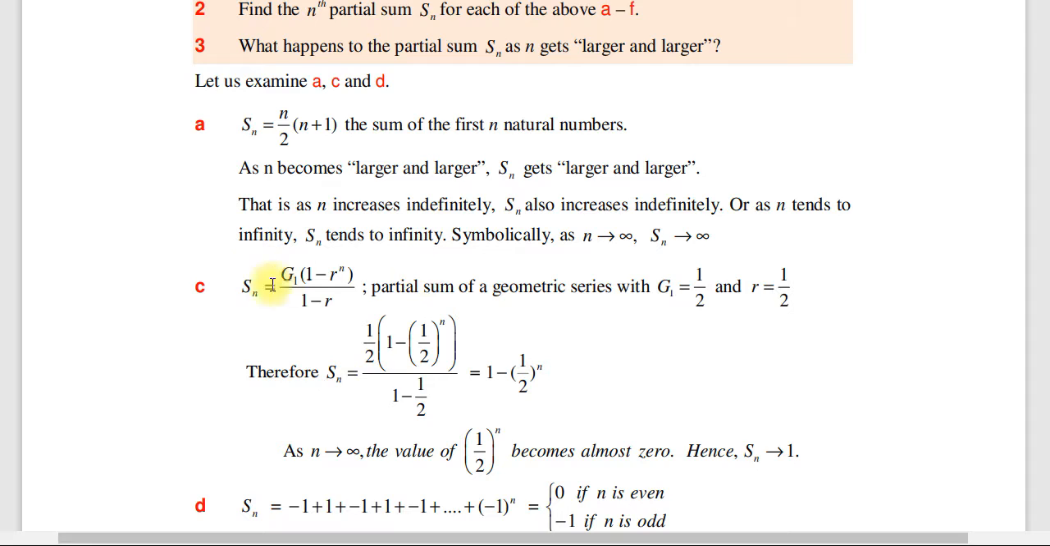And እዚህ ጋር ደግሞ Sn is equal to g1 into 1 minus r to the power of n over 1 minus r ቢሆን ይሄ ደግሞ ጂኦሜትሪክ ቢሆን ይሄኛው አርትሜቲክ ነው። Partial sum of the geometric sequence: g1 is equal to 1 over 2 and r is equal to 1 over 2 ቢሆን, therefore Sn is equal to 1 over 2 into 1 minus 1 over 2 to the power of n over 1 minus 1 over 2 ነው። ፋይናሊ ስንት ይመጣል? 1 minus 1 over 2 to the power of n ነው። So as n approaches infinity ይሄ ቫልዩ 0 ይመጣል። 1 over 2 to the power of infinity 0 ይመጣና ቫልዩ 1 ብቻ ይቀራል ማለት ነው።